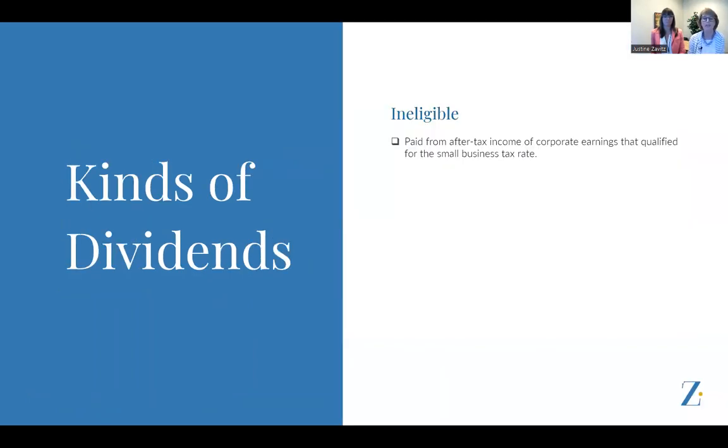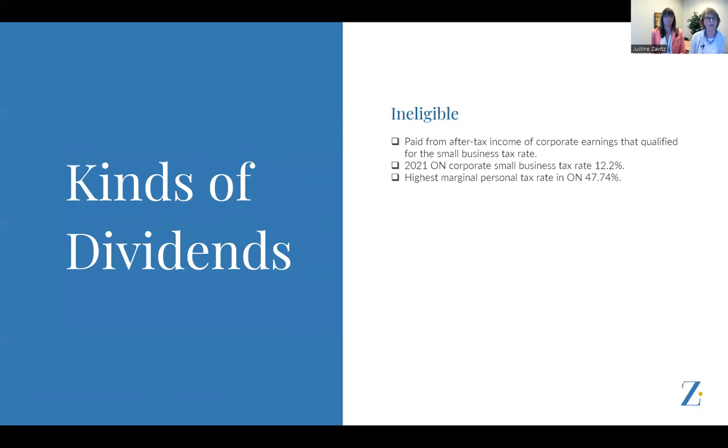So an ineligible dividend comes from money that has been taxed in the corporation at the small business tax rate. The small business tax rate is 12.2%. But when you take the remaining after corporate tax money out as an ineligible dividend, the highest marginal tax rate on that money is